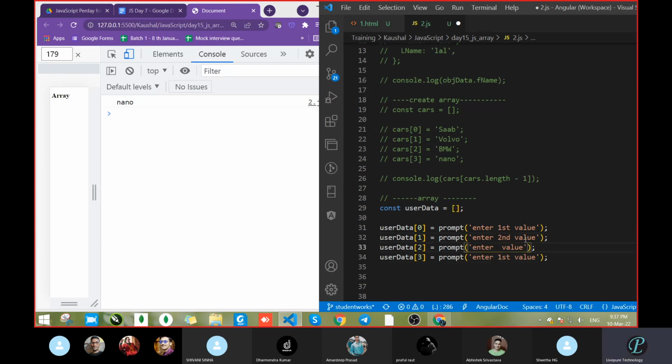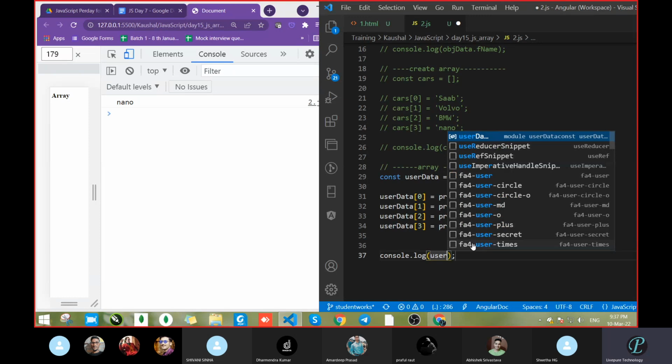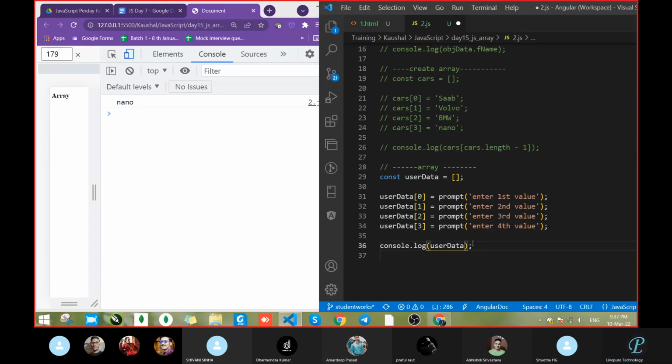We are not giving the value, the user will give the value and it will pass that value. It will create the array, and then here we will take a console.log of userData. Now see, there is no data, and this console is not going to print any data because it is an empty array.